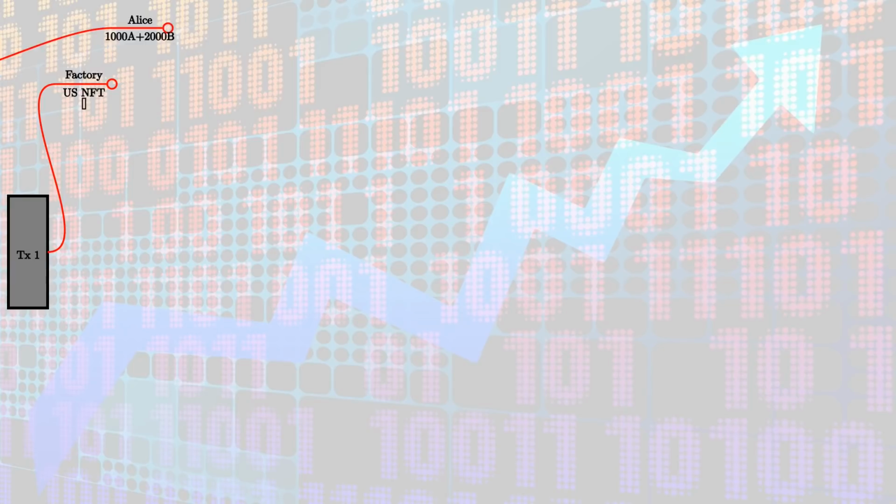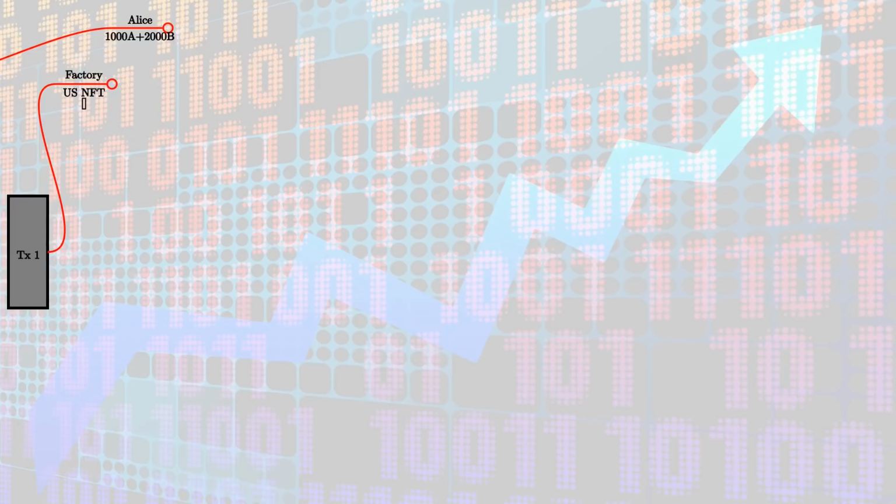So in the beginning, when the factory is just being created, that list will be empty. Now let's assume that one user, Alice, wants to create a liquidity pool for tokens A and B, a pool that allows others to swap A against B or B against A. So she has to provide some initial liquidity for the pool. So she needs some amount of token A and some amount of token B. Let's say she has 1,000 A and 2,000 B.